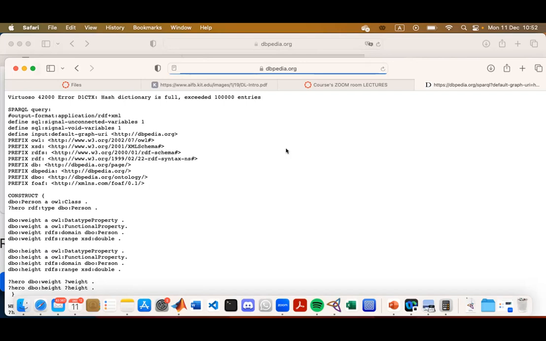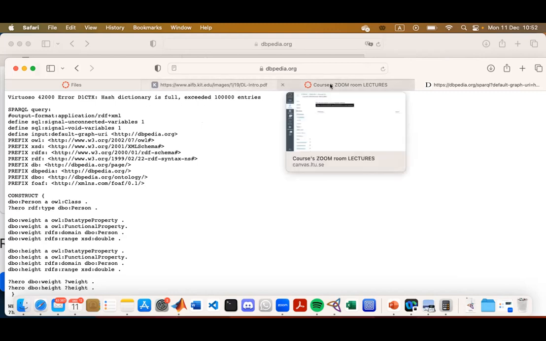after the last class finished, I just had a more detailed look. So here is the thing. You need to understand that it's a very large database or knowledge base, I mean DBpedia, and our query is very generic, in that we want to get all instances of class person. So it can be very many. And there is an obvious restriction on the number of entries you can retrieve.